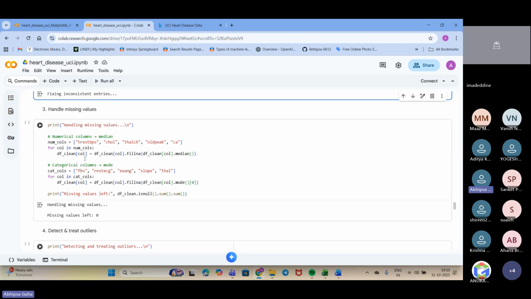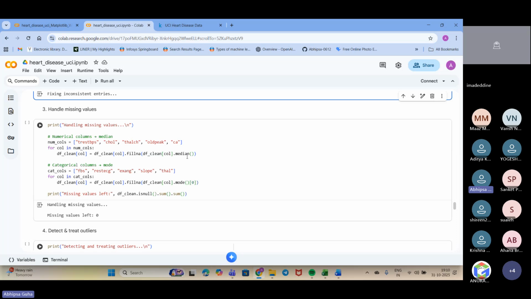Since these are numerical values, we can get the median of them.